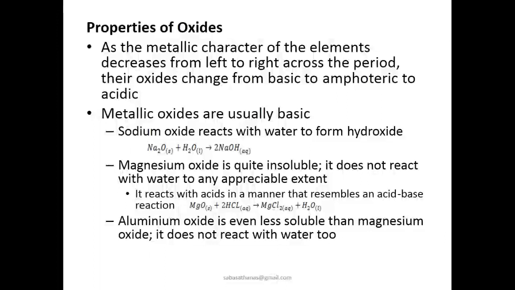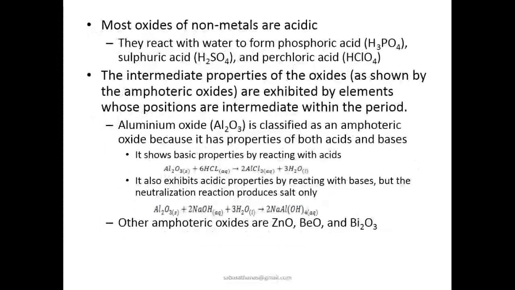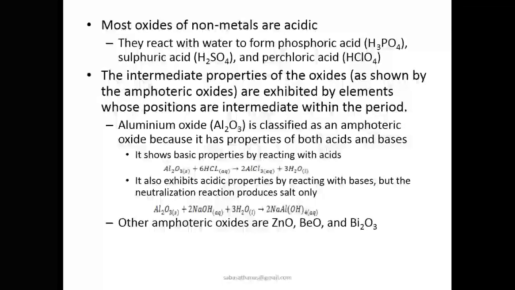Aluminium oxide is even less soluble than magnesium oxide, and it does not react with water too, due to being less soluble. And this is a chemical trend of the periodic table. Most oxides of nonmetals are acidic. They react with water to form phosphoric acid, sulfuric acid, perchloric acid, and whatever. The intermediate properties of oxides, as shown by the amphoteric oxides, are exhibited by elements whose positions are intermediate within the periods. For example, aluminium oxide is